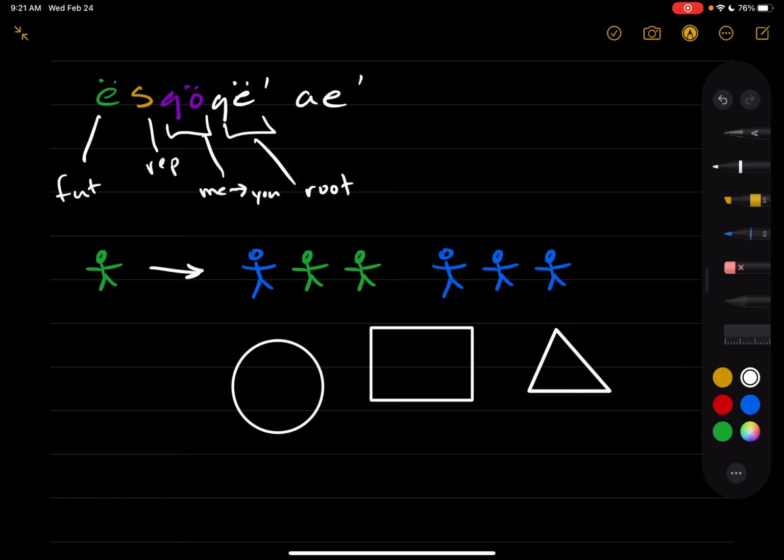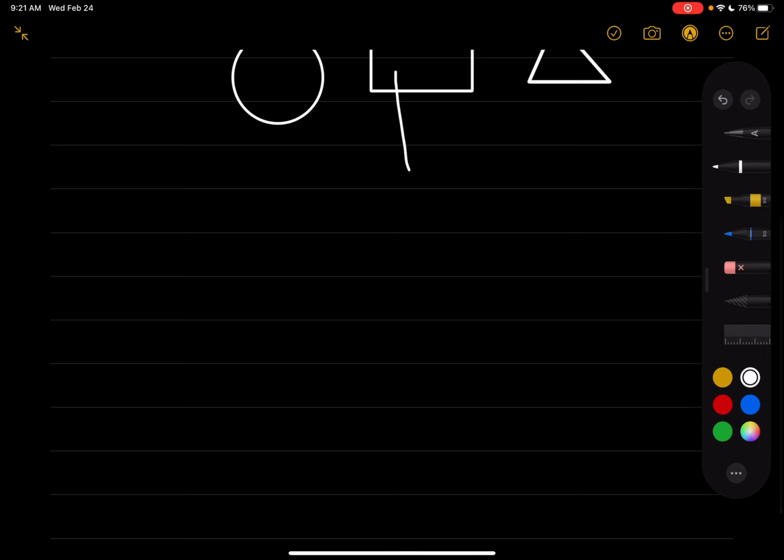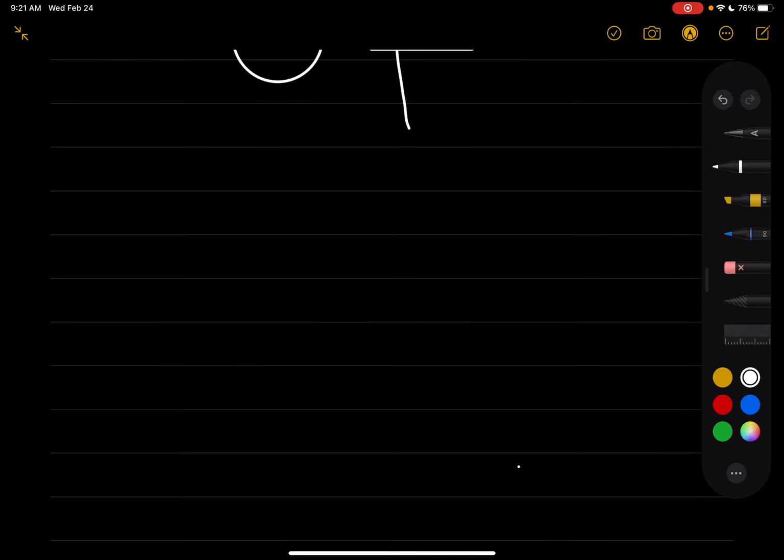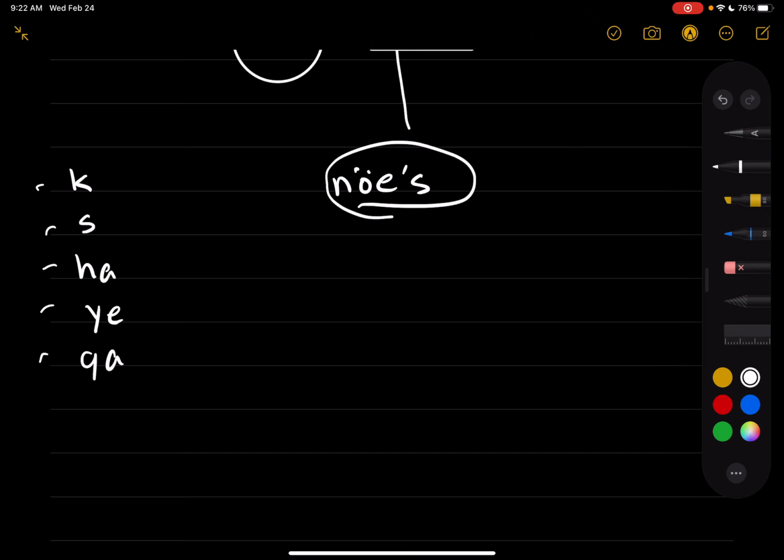What else here? So you can move things around. So if I was to take the word noit, and then if I just put the prefixes on here. So if I put K, so this is me, you, him, her, it. And if I get that, nope, that's not what I want. I want the select tool. So if I take this, and we want to conjugate it, noit,